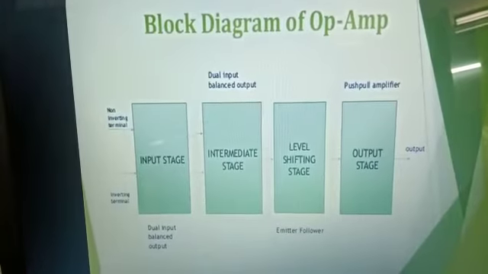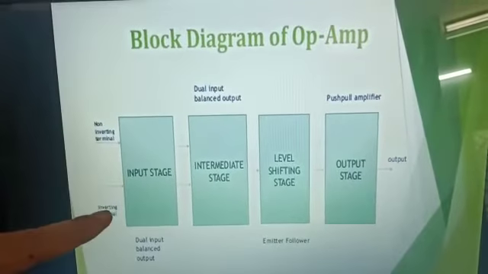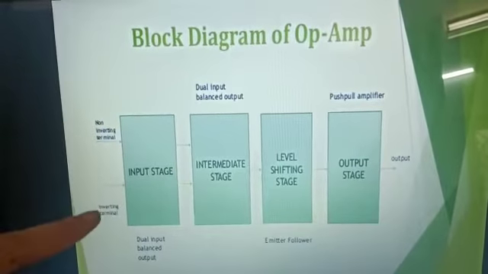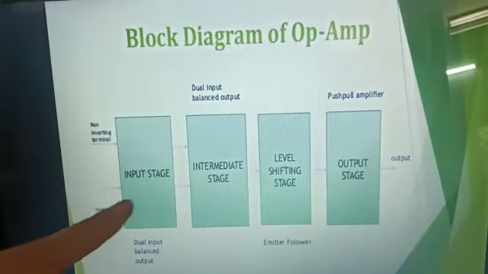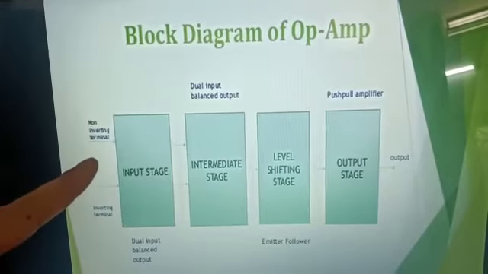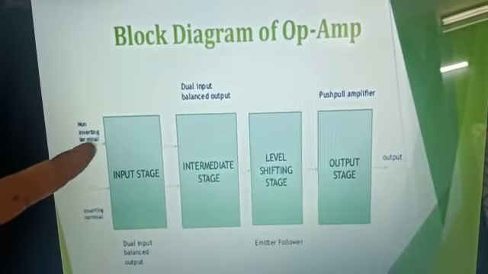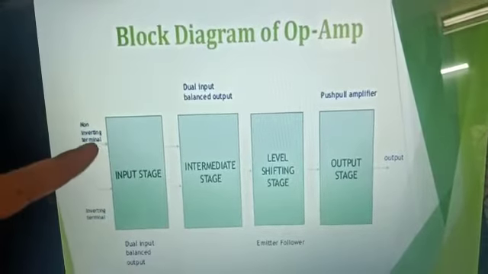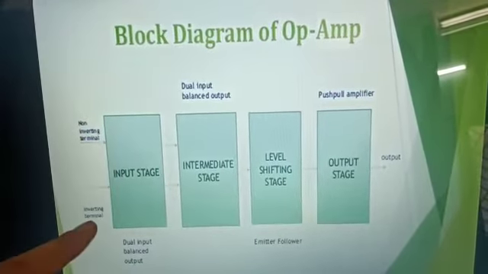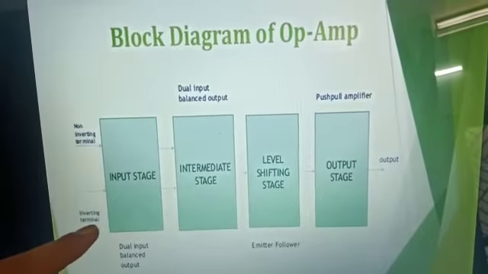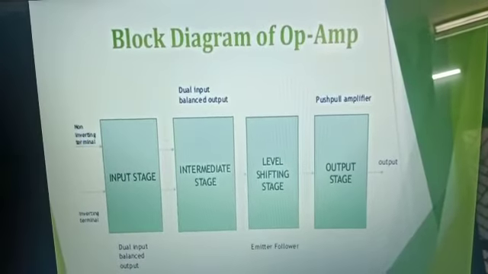So you know the basic principle of amplification of this amplifier. Here there are two input terminals in an op-amp. One is the non-inverting input, another is the inverting input. You can use one input at one time and the other input at another time. Whenever one input is taken, the other terminal is grounded. Suppose the input is connected to the non-inverting terminal, then it is a non-inverting amplifier. If the input is connected to the inverting terminal, that is an inverting amplifier, and in that case the non-inverting terminal is grounded.